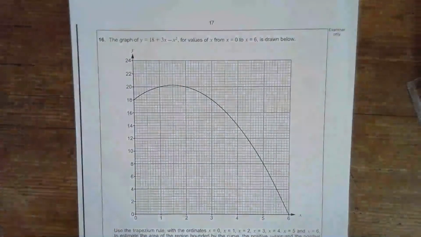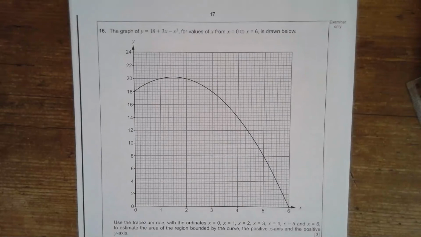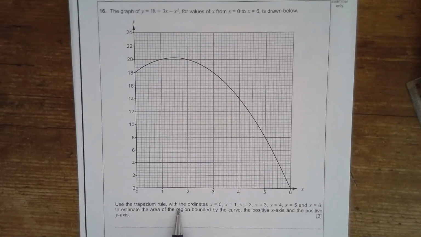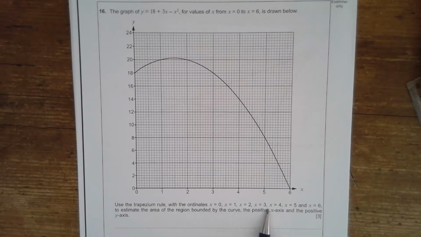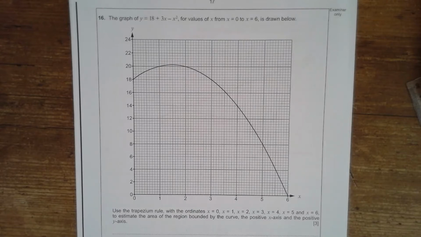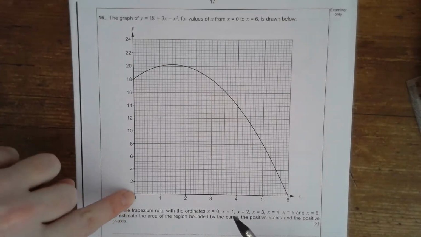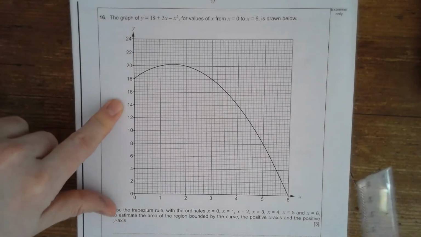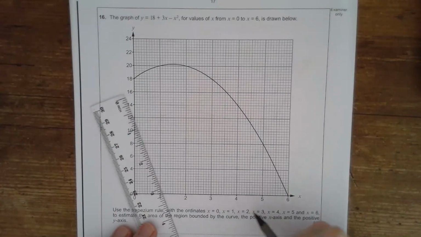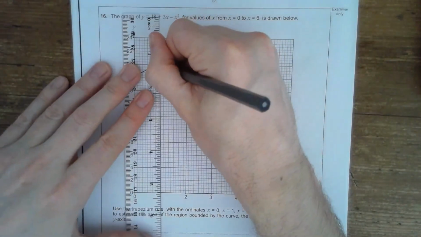Question 16 is a trapezium rule question by the looks of it. Yes, I've been told here to use the trapezium rule with ordinates at 0, 1, 2, 3, 4, 5, and 6. Now, what that means is where you see 0, fire a line up to the curve. Now, it's already done in terms of the axes, but then I need to repeat at 1, 2, all the way up to 6. So, 1,